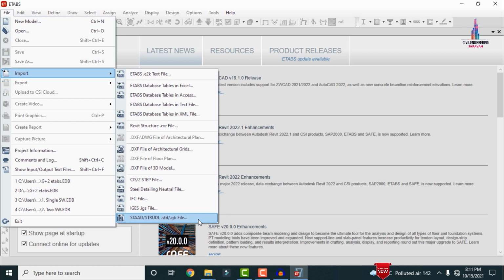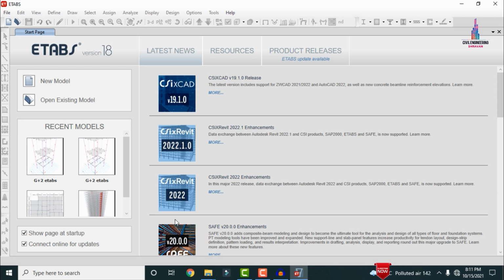As per the StatPro considerations, we are taking the .std files only. When we save the G+7 structural model, it asks you to save the model as per the stat only, .std. So here I am selecting the StatStrud model. In this we need to choose the file related to the StatPro software.